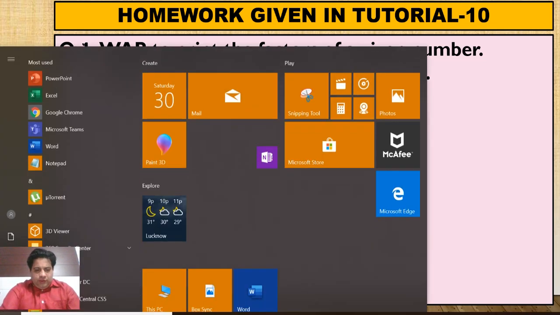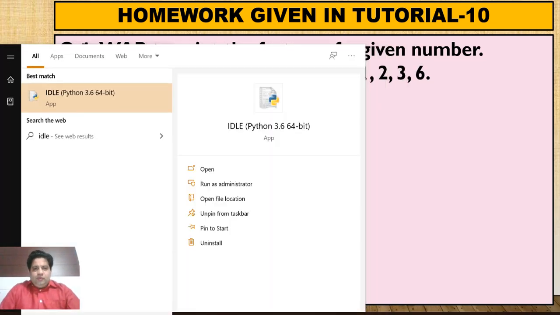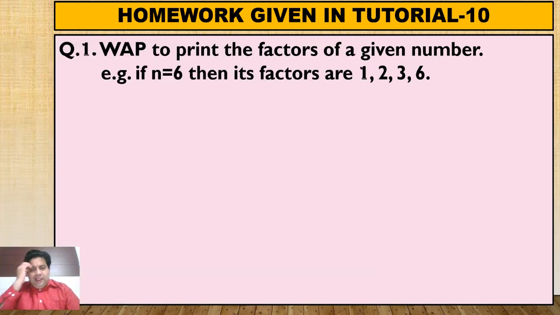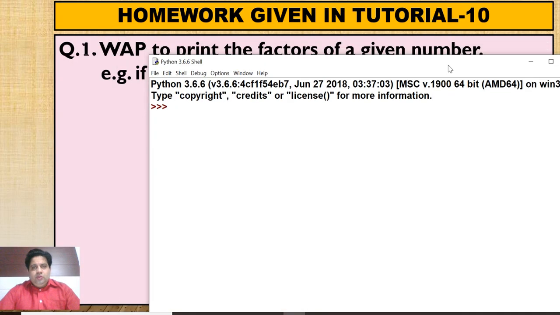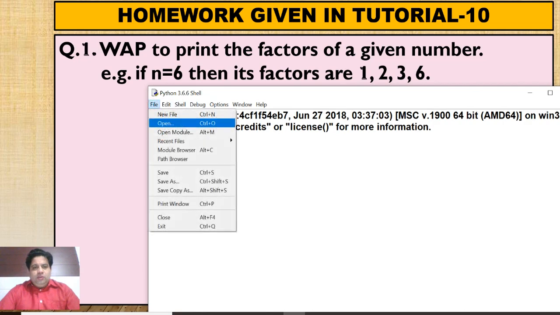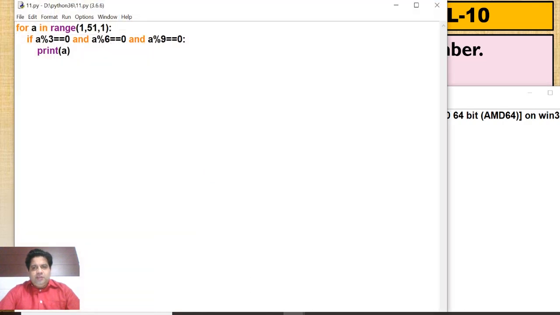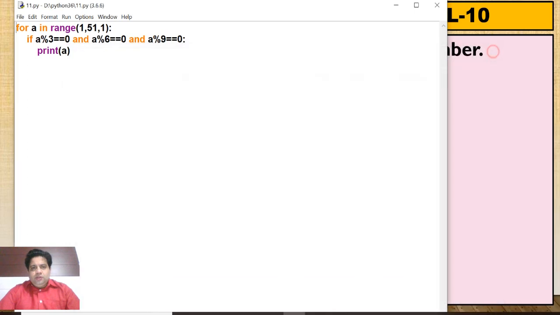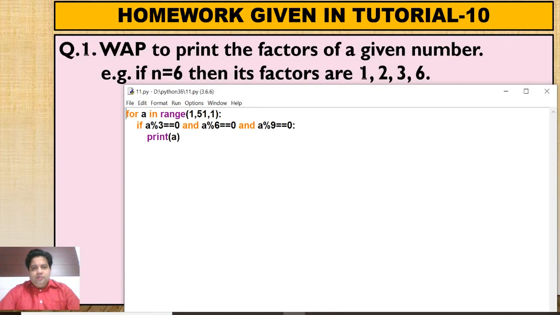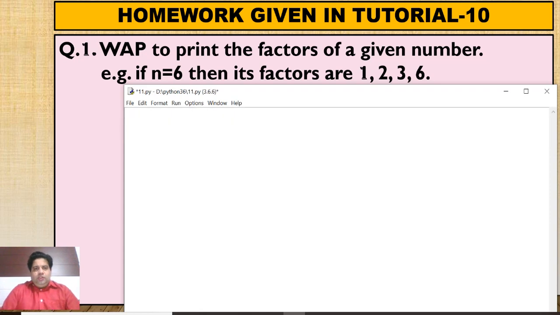Now, first of all, open IDLE, open a new file, or you can open the previous file and make changes in it. So this is my file.